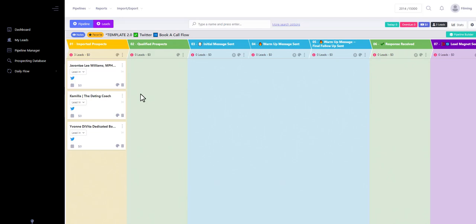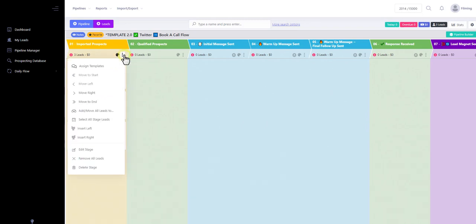If you haven't already, first update your ideal customer profile. An ideal customer profile are the points that a profile must have in order to become a qualified lead and continue in this pipeline. You can find your ICP template by clicking the three dots on the Important Prospect stage,